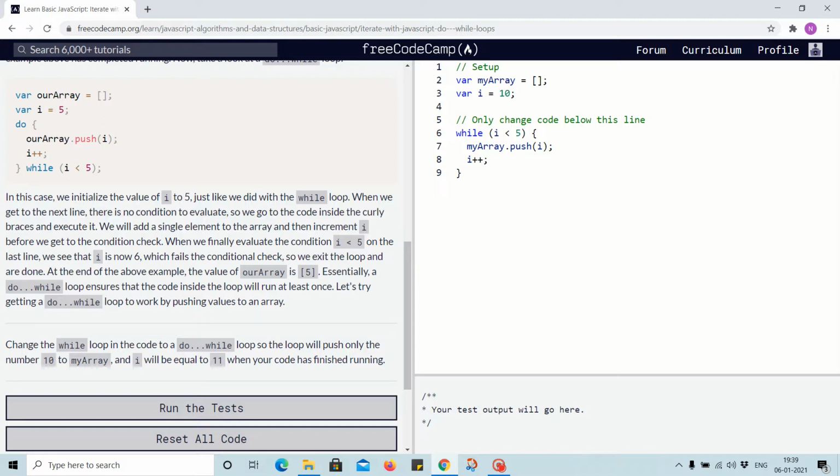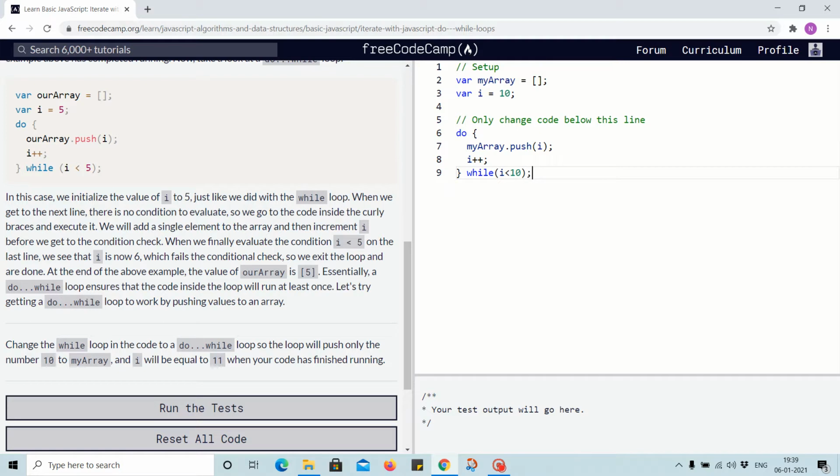So we have to change this line of code. Let's remove while completely from here, and first it will do, and in this case, while i is less than 10, it should run in that condition.